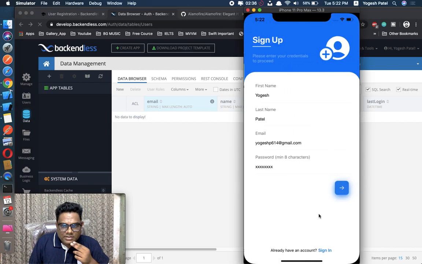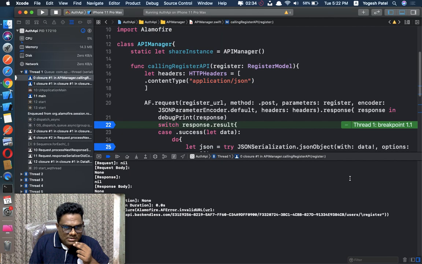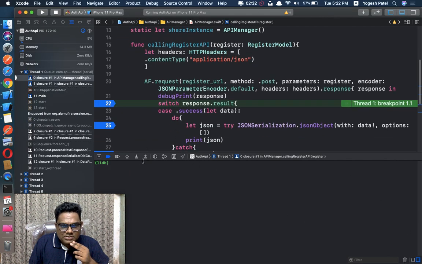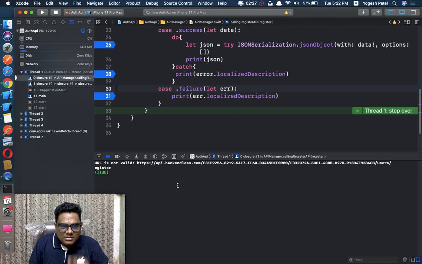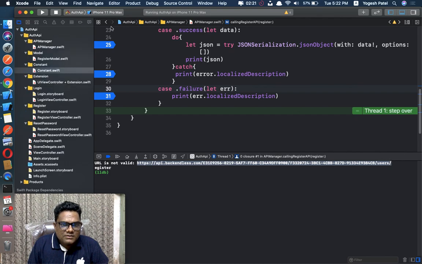Go to sign up and just register. Success, error. It's showing me an error. It's not a valid URL. Sorry, I made a mistake here too.